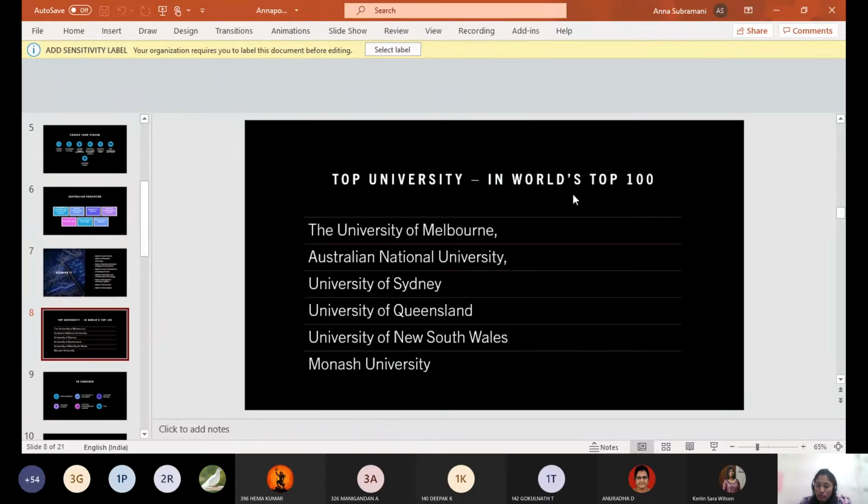As I mentioned, Australia has a few universities that are in the world's top 100. These are a few universities that I could list down. But when it comes to choosing a university, I would say it's better to find the place where you want to live and then find the university around there. That would be the best option. I followed that basically. I wanted to live in Melbourne and study in Melbourne, because Melbourne and Sydney are places similar to Chennai. I don't want to have a feeling where I miss my family. So I chose this place and then I chose the university.